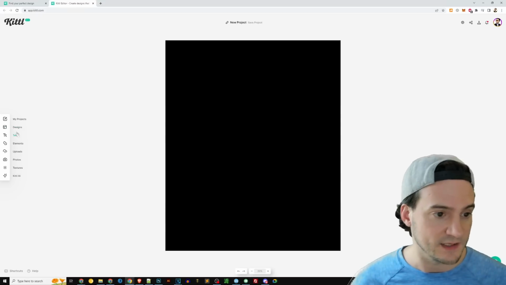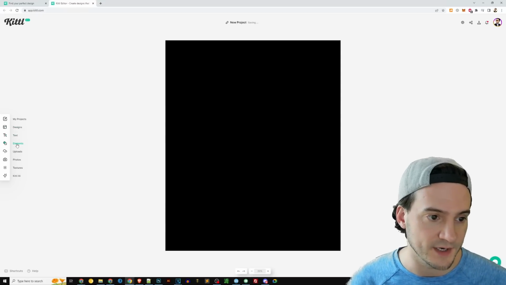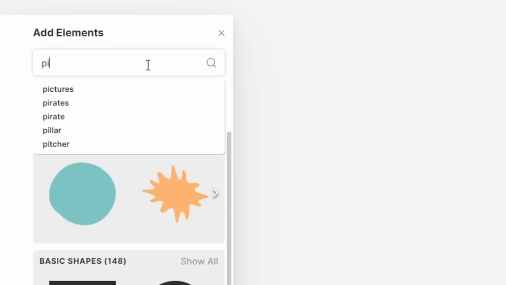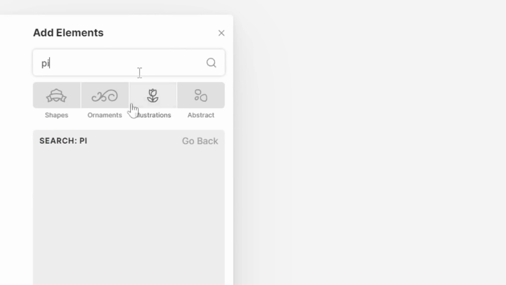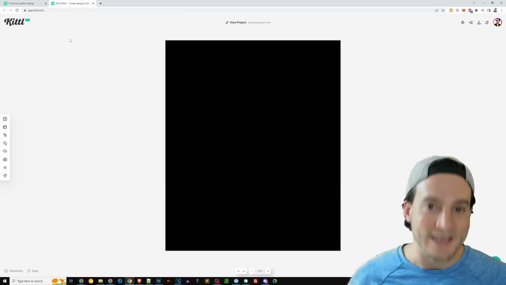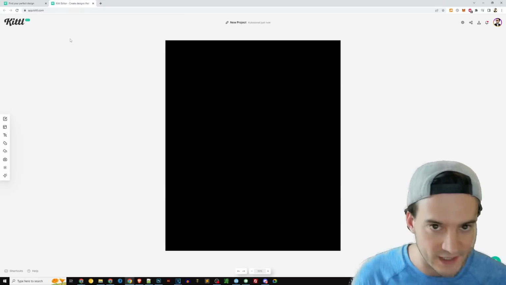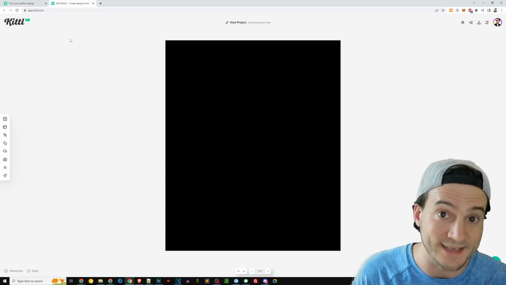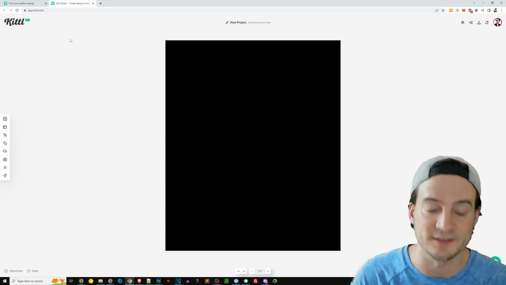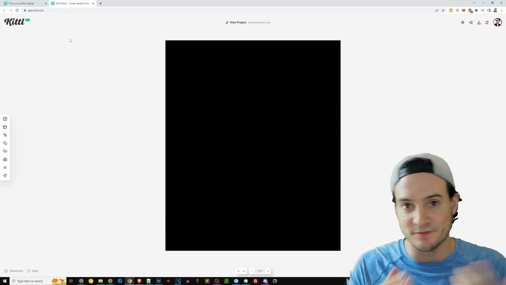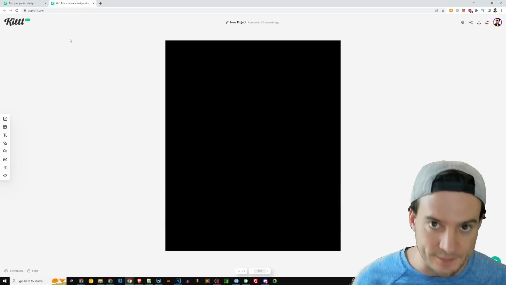And let's see if we can at least grab, from the elements on the sidebar here, the pi symbol. Otherwise we might be in a little bit of trouble. Pi. All right, we don't have the pi symbol. So we don't need it. That's the thing. We don't necessarily need the pi symbol. Also, you're able to upload your own custom graphics. So in this case, the absence of the pi symbol is not going to stop us from using Kittl to